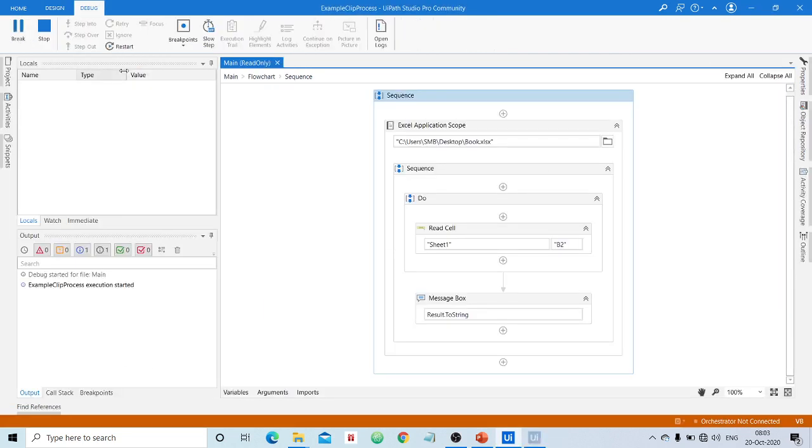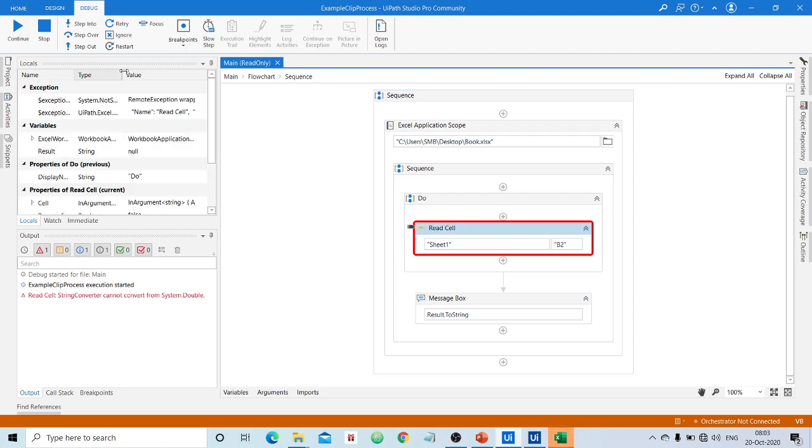If you don't use toString over there, I think you observed here. You observed here itself. I am converting to toString here, but actually it is a double value or a numerical value which is there in that Excel file. It can't read that value. Remember, it can only perform, as I said, string values. How can we avoid this?